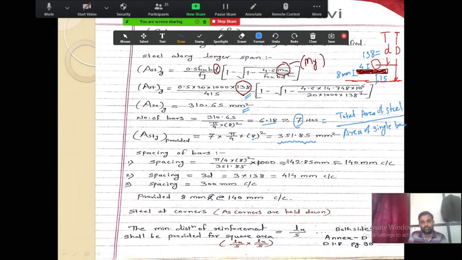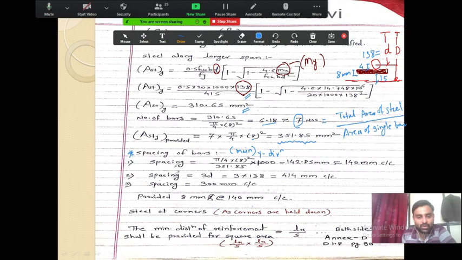Okay, so now the spacing of the bars. Again, to calculate the spacing, see, in the two-way slab, in both the directions main steel is provided. In x direction main steel is there, in y direction also main steel is there. This I have clarified in the first lecture of one-way and two-way slab. So here also main steel is there. This is also the main steel which is in y direction, just the direction is changed.